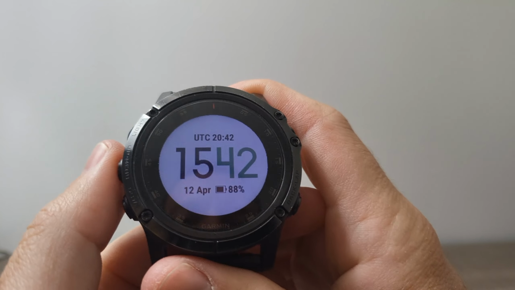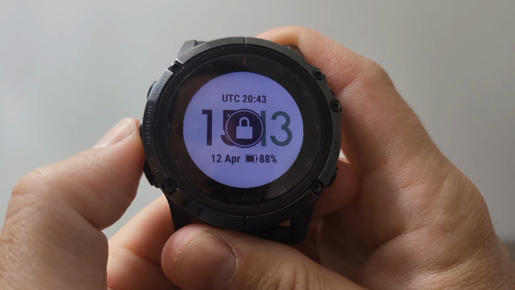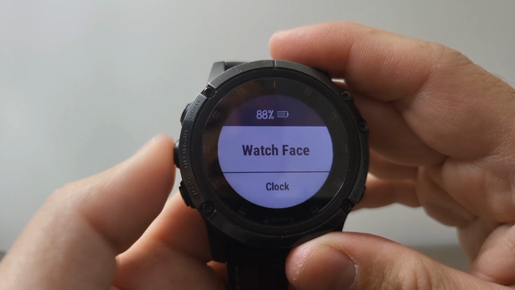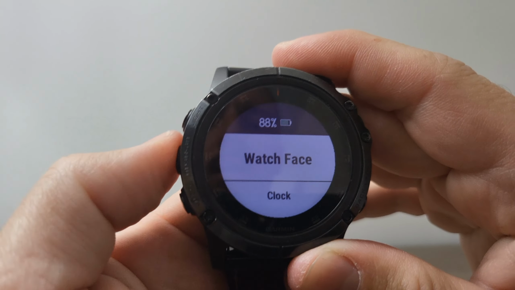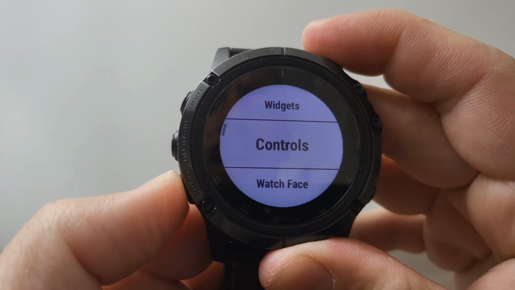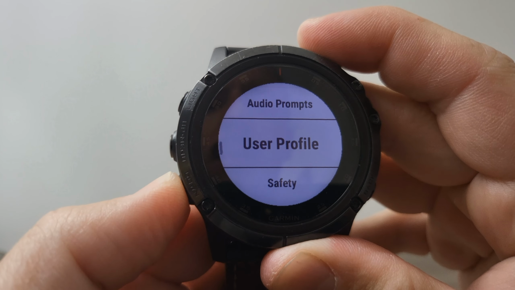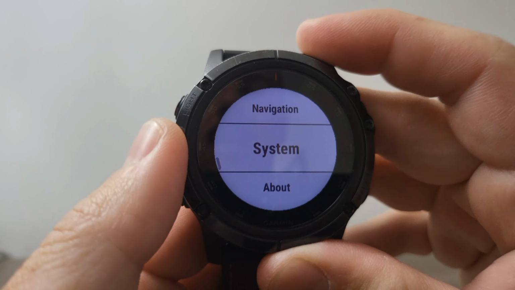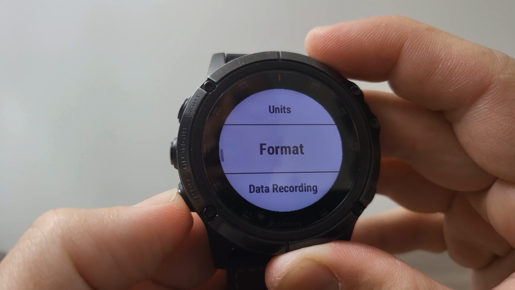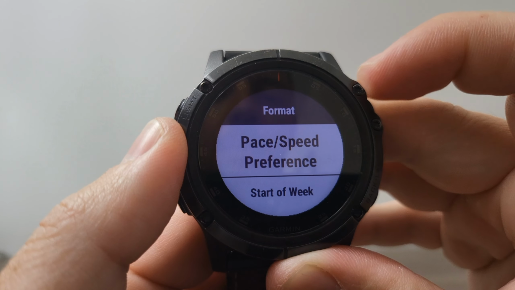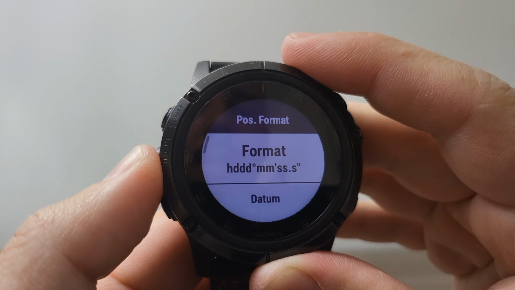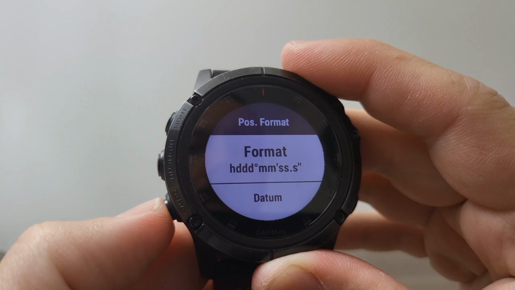Alright, so now we need to enter these coordinates into our watch. A couple things. The Garmin is not extremely intuitive, so I'll show you some tips to help get started. First thing is you want to go to your settings. Let's hold this down. Let's go to settings, and then go down to system, and then go down to format,